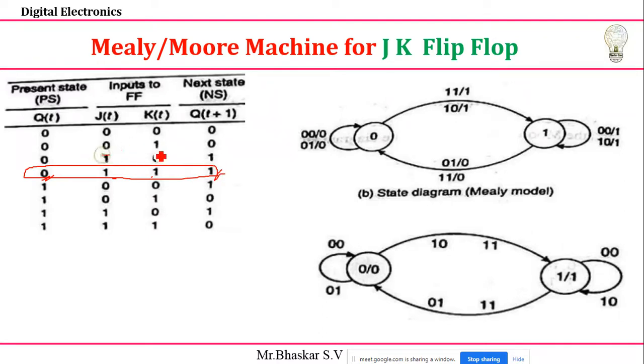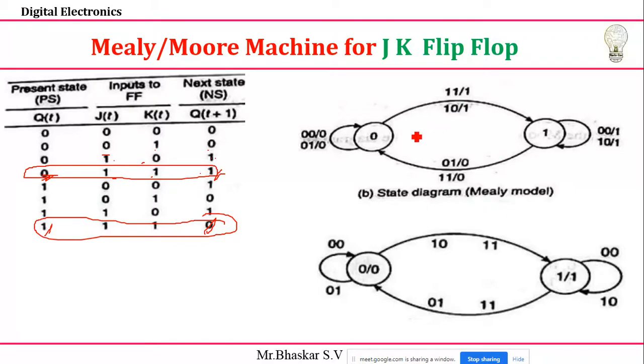If 0 1 is there, it is just like a reset. If 1 0 is there, it is just like a set, and you will get 1 only. So 1 1 is the toggling condition, 0 to 1, and this condition is the extra part I'm going to take. If 1 is there, I'm getting 0. So please study this flip flop, otherwise definitely it is a problem for you. Okay, so these are the conditions I'm getting.